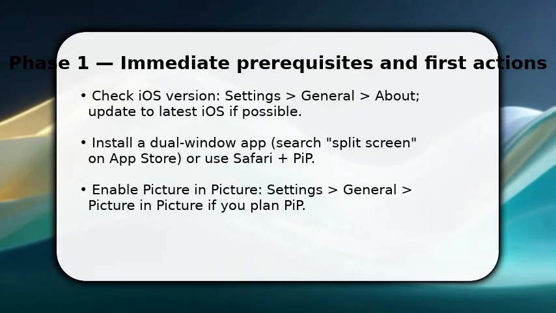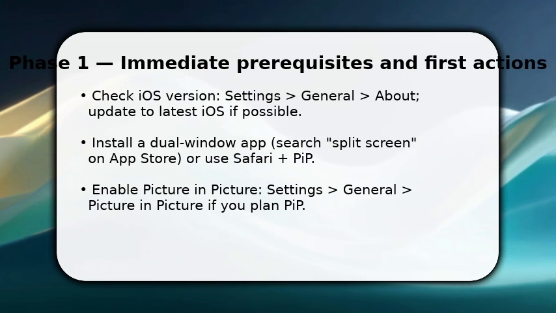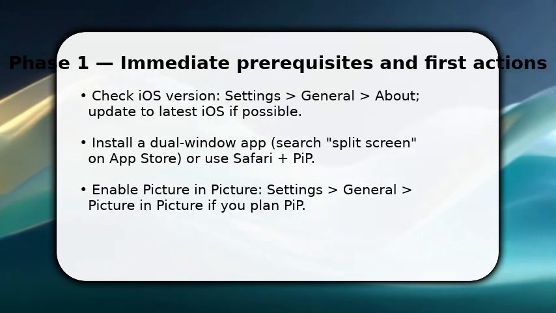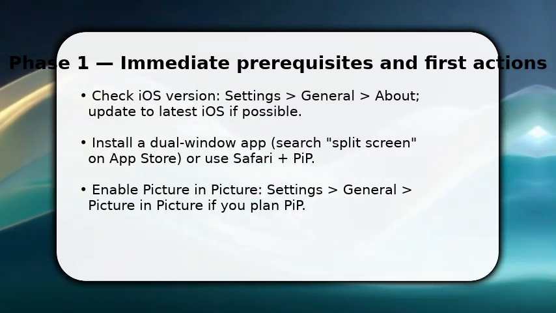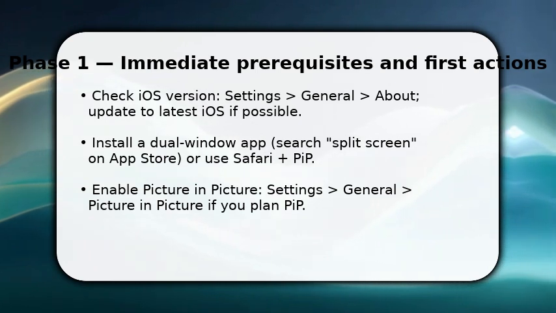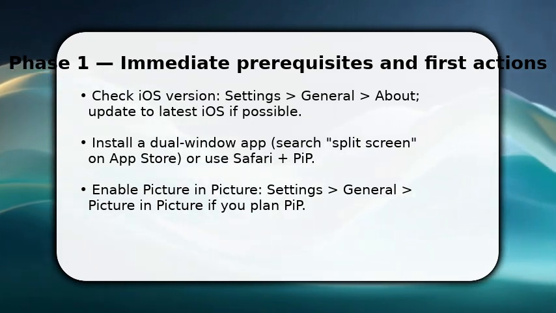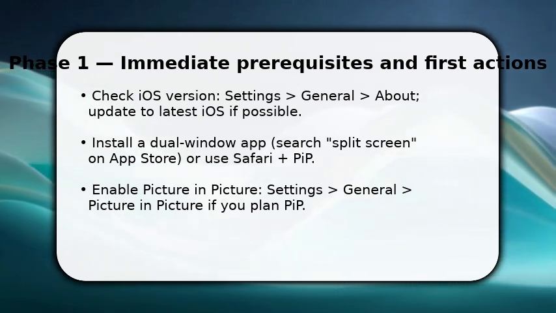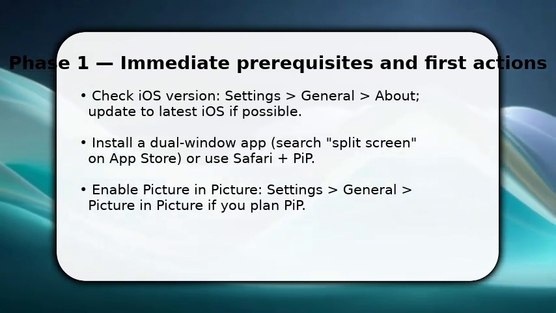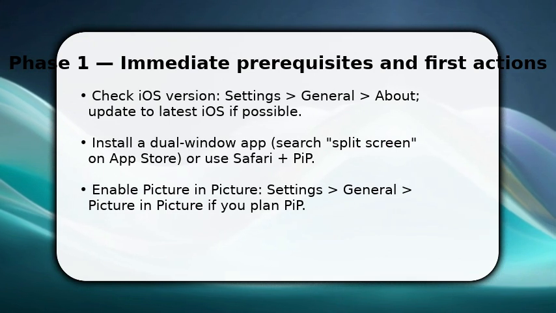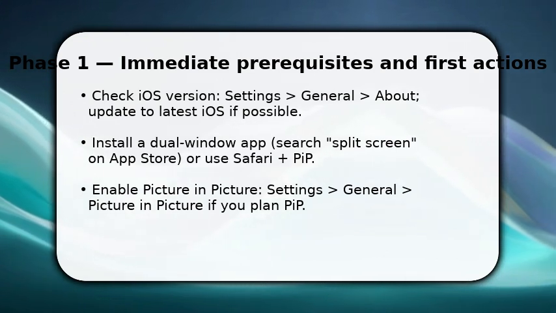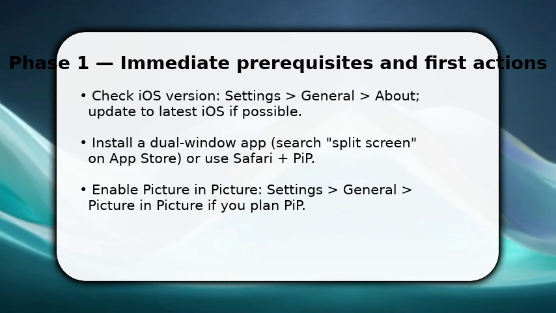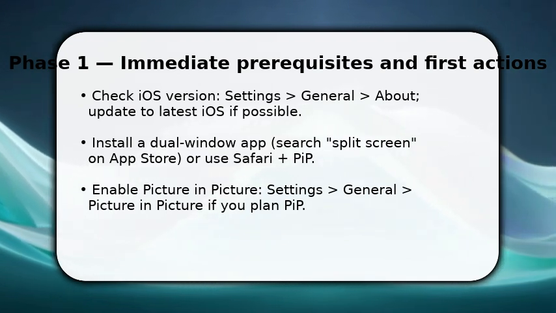You're going to start immediately. First, confirm your iPhone runs the latest iOS, because many multitasking features depend on updates. Once done, install a reputable split-screen app from the App Store, or decide to use Picture-in-Picture with Safari or compatible apps. Make sure Picture-in-Picture is enabled in Settings. These steps set the stage: update, download, and enable PiP, then move on to opening the two views you want